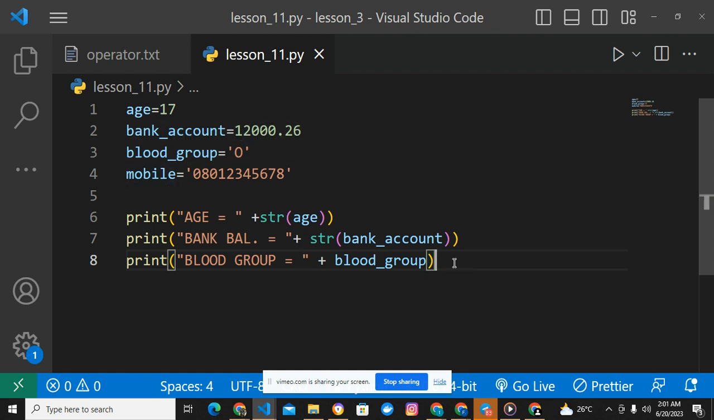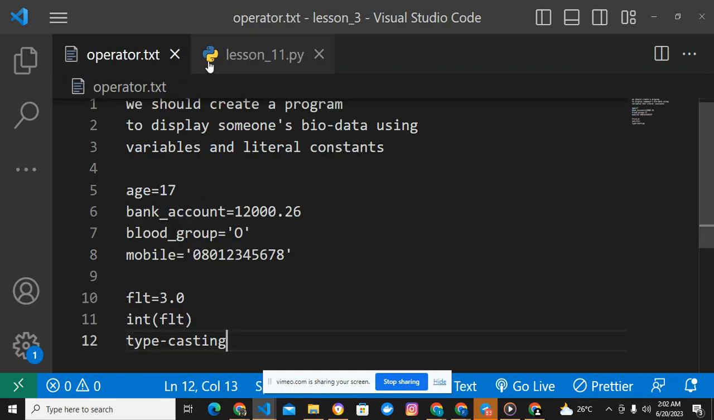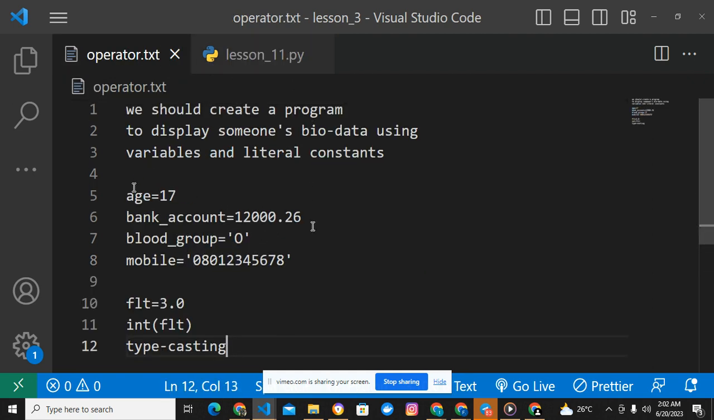So another thing we're going to be learning is the input function. What is an input function? The input function is a function that allows for user input. It gives room for users to